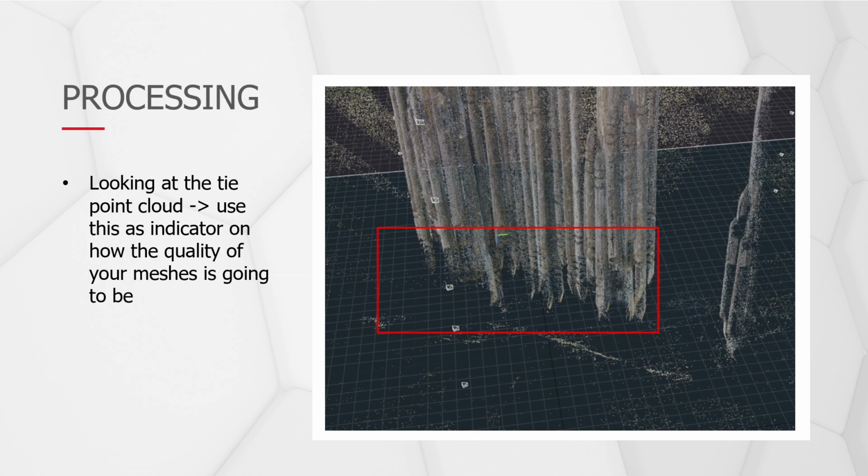Okay, so now we've dragged our images in, we've hit Align, we've started that process. Now, what's the next step? What are we looking for here? Yeah, this step is critical. You want to use this as a QA and QC step. Looking at the tie point cloud, this is going to immediately tell you some of the data gaps that you'll see in your point cloud, like the image that I have there with the rectangular box. You can see there are some data gaps there, and those are actually data gaps on the ground that were too low for the drone to capture, but we were able to fill this in later on the next day using